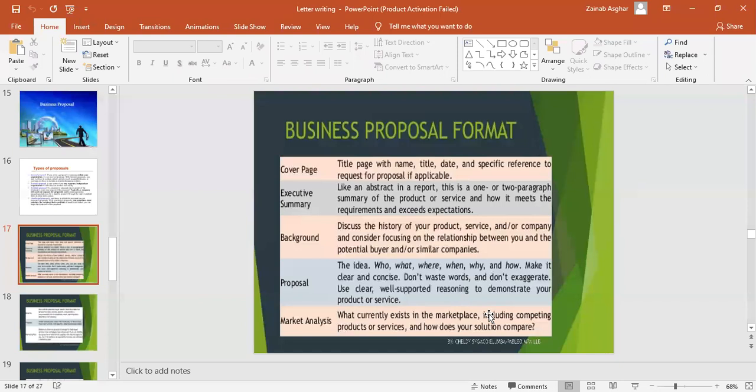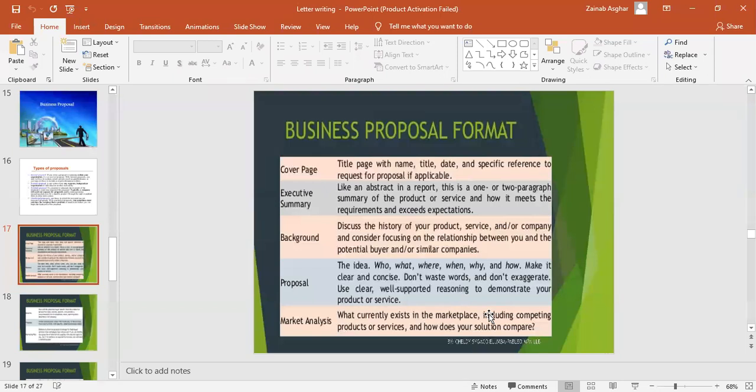Now we are going to write down a proposal. A proposal is basically that idea, how we need to share that idea. This is what our question is. So for that idea we need to share who we are, what we are going to do,